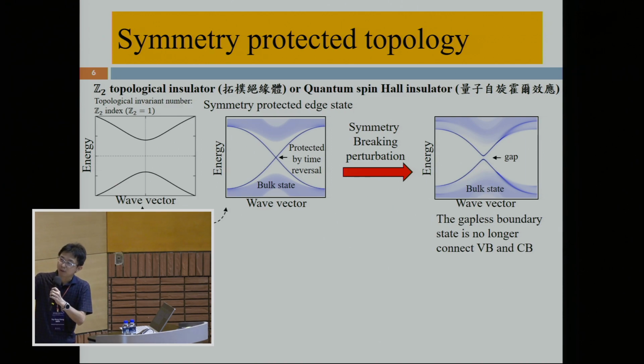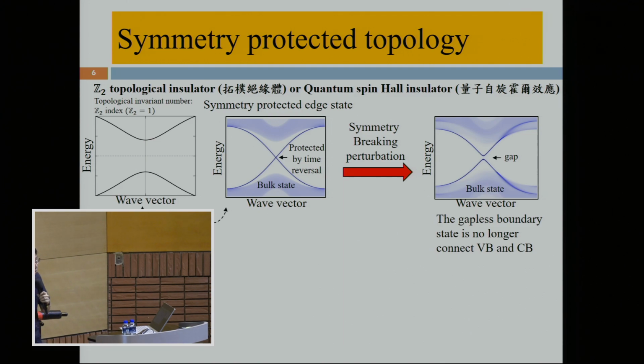We see a gap on the original topological boundary state when we include a Zeeman exchange field in the Hamiltonian to break the time reversal symmetry. So in this case, you can tune the value of the Fermi energy in the bulk gap region without passing through any topological boundary states.